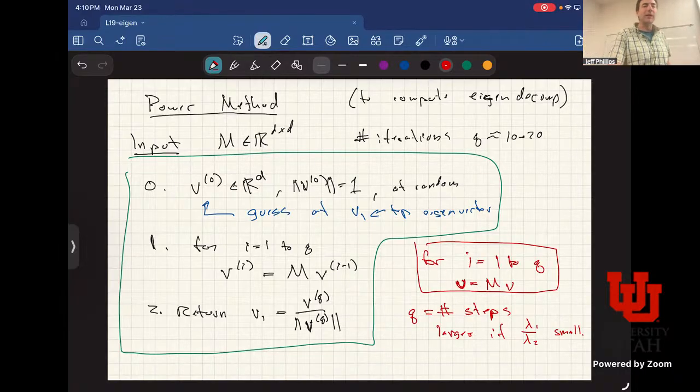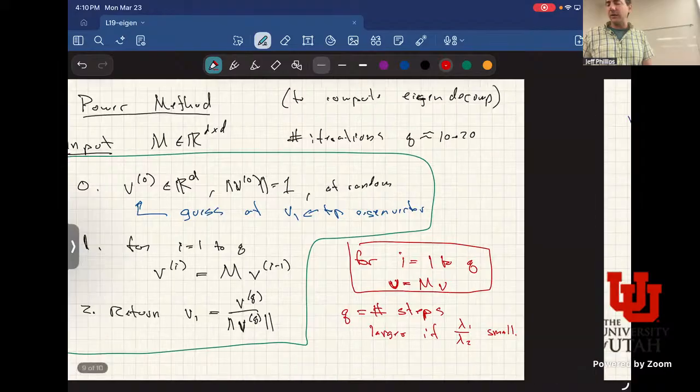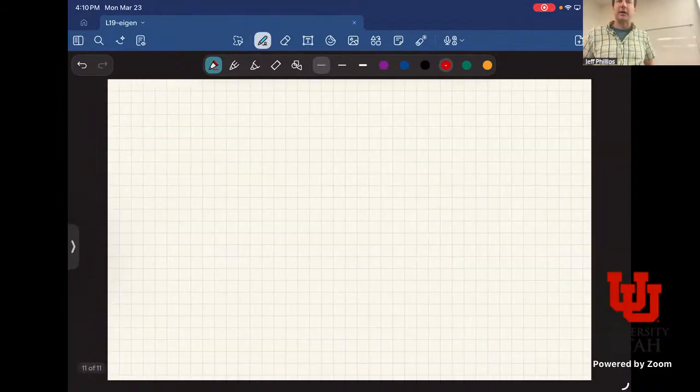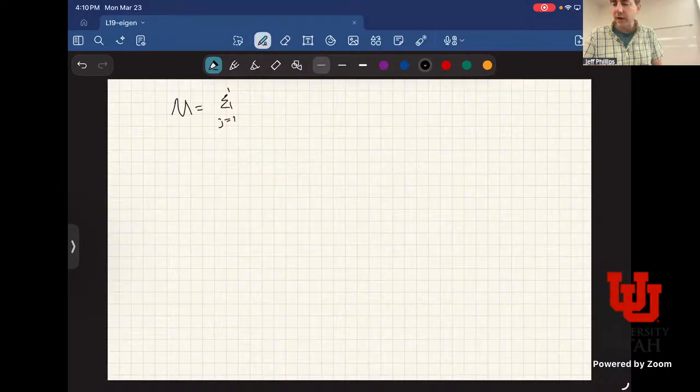Okay, I'm going to try and analyze this a little bit to explain why this works. For a couple of minutes, and then 5 minutes, and then I'll show a demo to kind of explain what the mathematics is going on. So we remember that M we can write as the sum from j equals 1 to d of